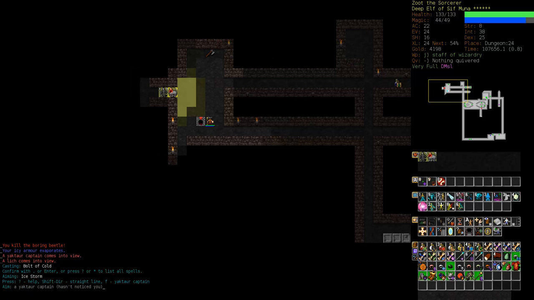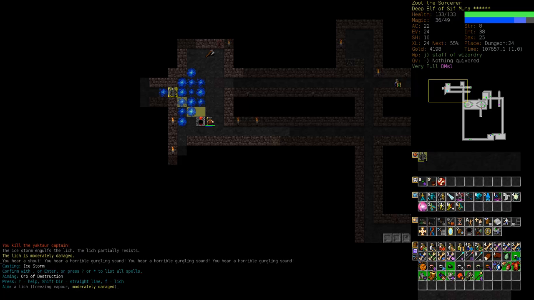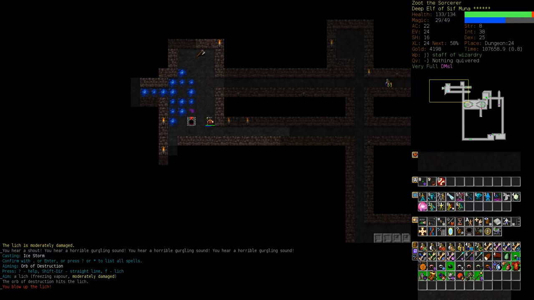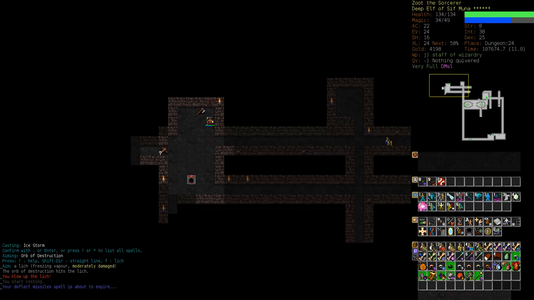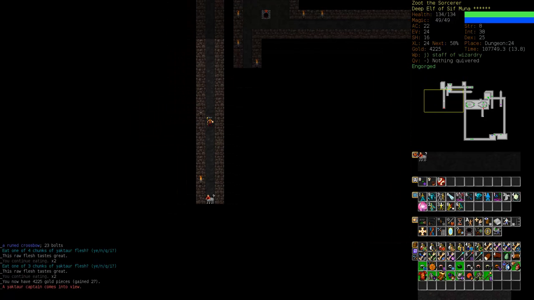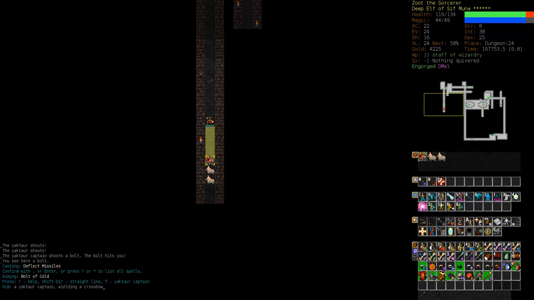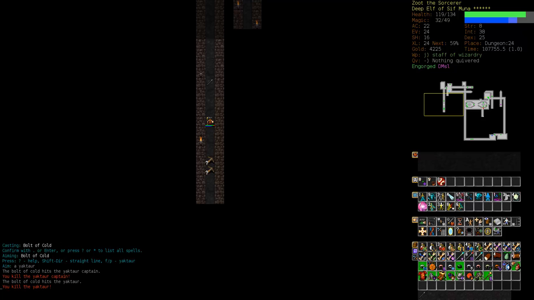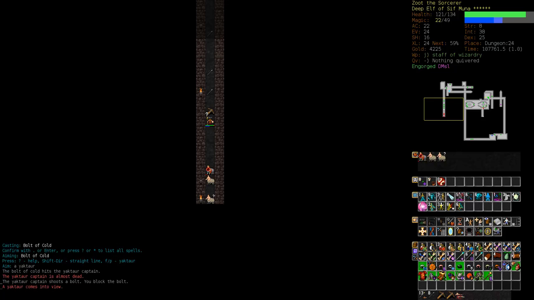A lich. As he's in the ice storm, I'm just going to hit him with an orb. We don't want him to have a chance to get creative there. I think I'm doing fairly well. I think I'm somewhat overpowered, really. I still don't want to take any chances, but